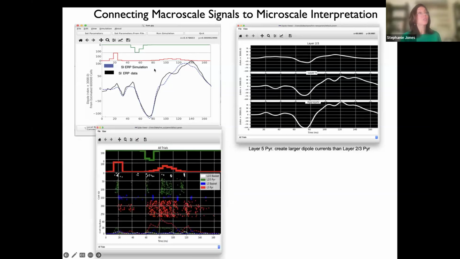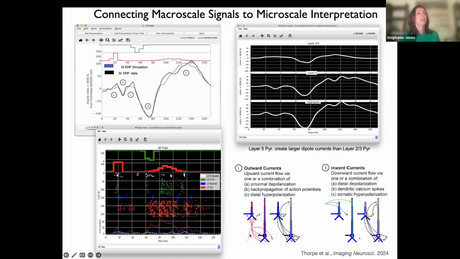We can look at the underlying spiking activity. So what's going on in the basket cells, which are the inhibitory cells, and the pyramidal neurons, which are the excitatory cells, and the supragranular and infragranular layers. And you see that there's a lot of underlying structure here that's hard to understand when you just look at the macro scale signal. But what we've learned through simulation is that outward currents, or upward current flow, right, up the dendrite,